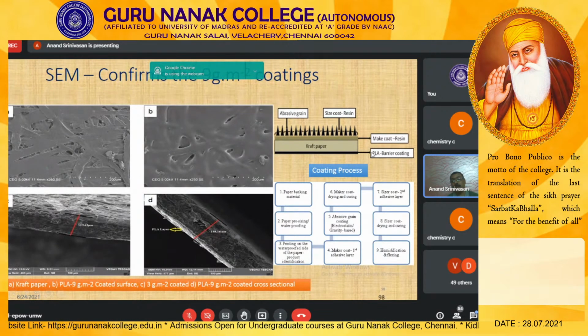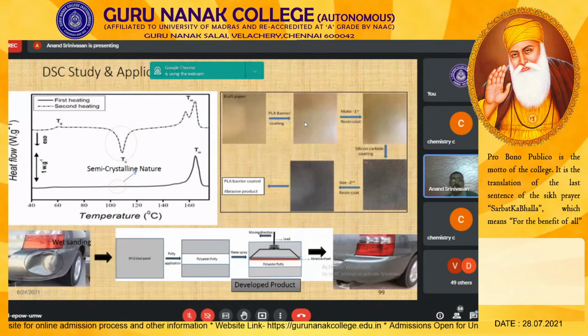You have a kraft paper on which you have a maker coat, which is normally a synthetic material, which prevents the degradability of your paper. So what we have done is, instead of synthetic material, we have made a biopolymer coating over the kraft material. Accordingly, we have made a coated abrasive product. Okay, so this coated abrasive product can be used for rubbing, cutting, grinding operations, which find a lot of application in the automobile industry. So you can see kraft paper is taken, over it the PLA barrier coating is applied at room temperature.